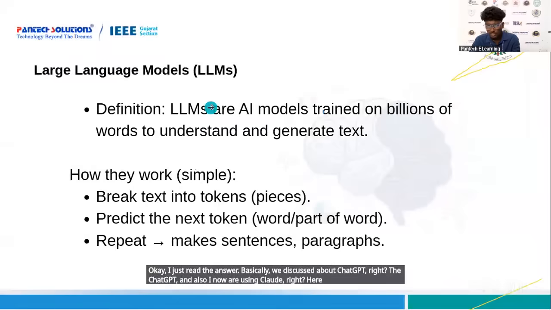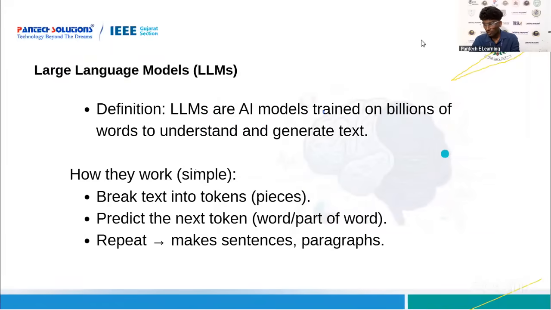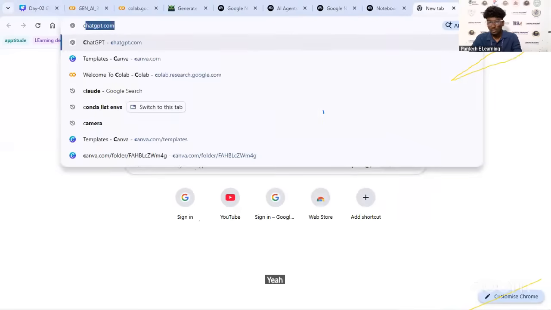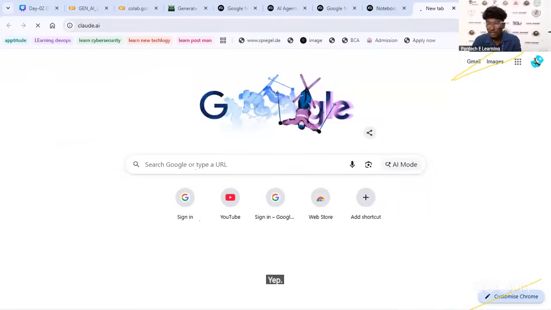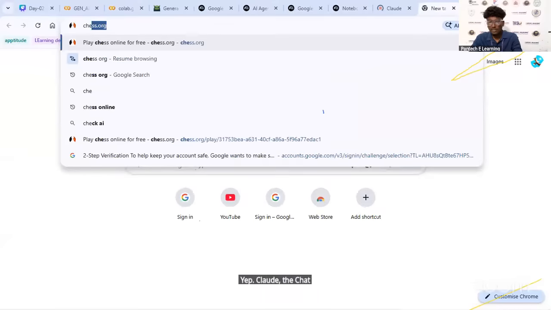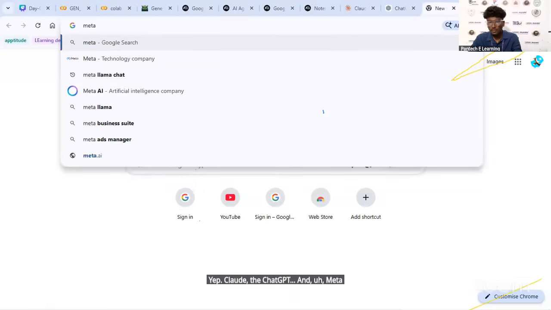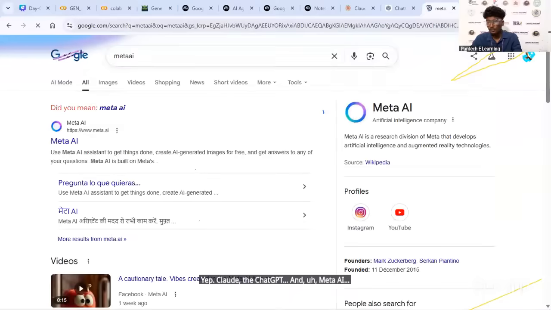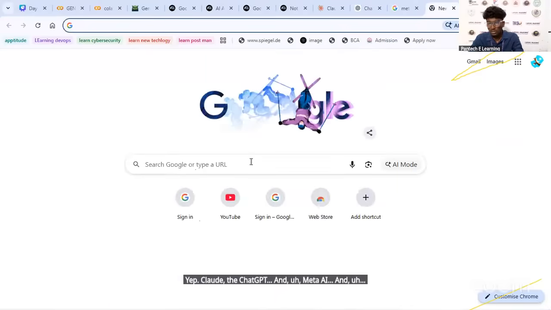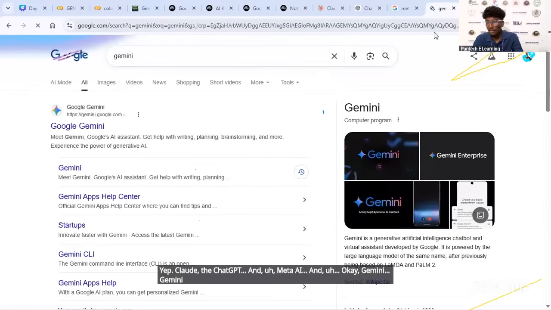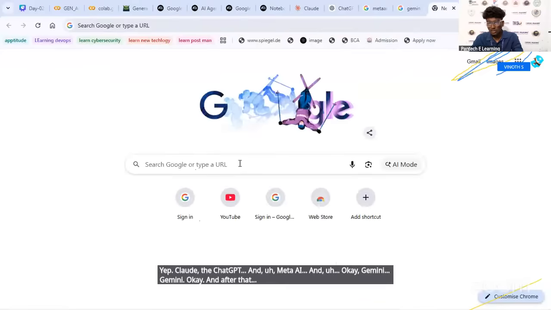Here: Claude, ChatGPT, Meta AI, Gemini, and after that DeepSeek.